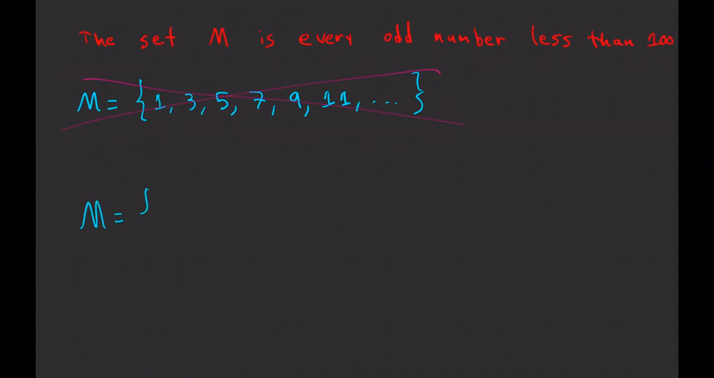M is the set of things that I'm going to give a temporary name. I'm going to call it x, such that, that's what this bar means, it means such that, x is an odd